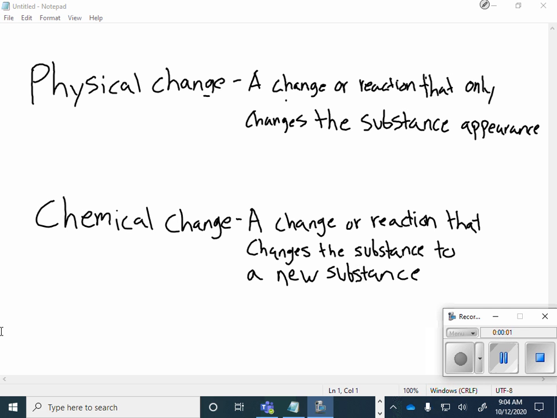A physical change is a change or reaction that only changes the substance's appearance. Okay, so something occurs to an object or a substance, and it only changes its appearance. And so things like,